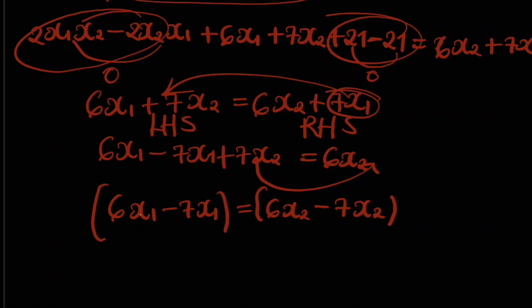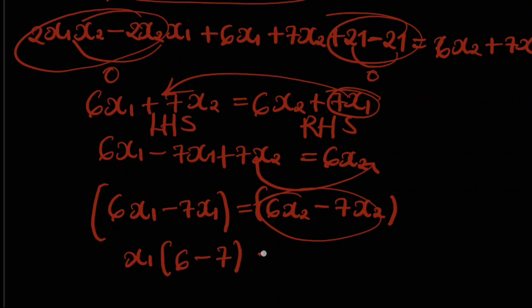Okay, so we're going to factor out x1. We're going to factor out x1 here, and we'll factor out x2 here. So we have x1 into 6 minus 7 equal to, we factor out x2 into 6 minus 7,